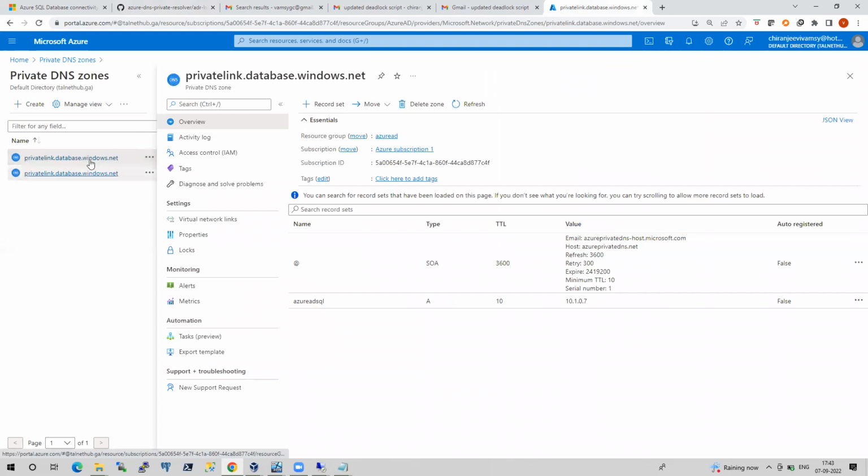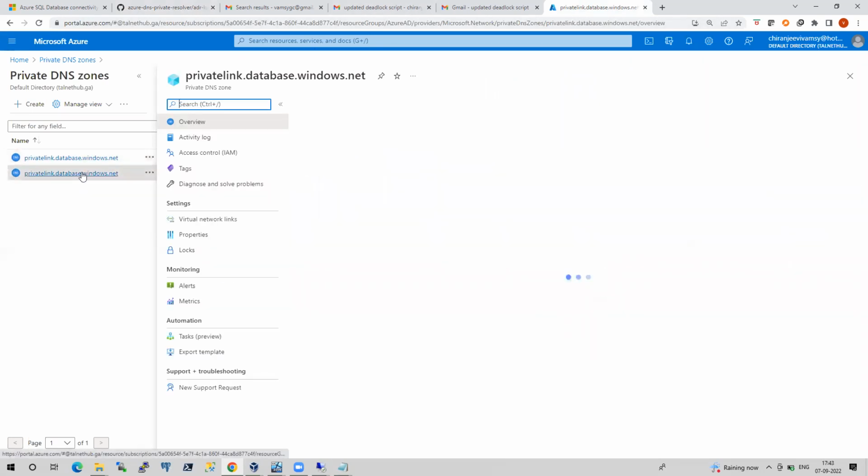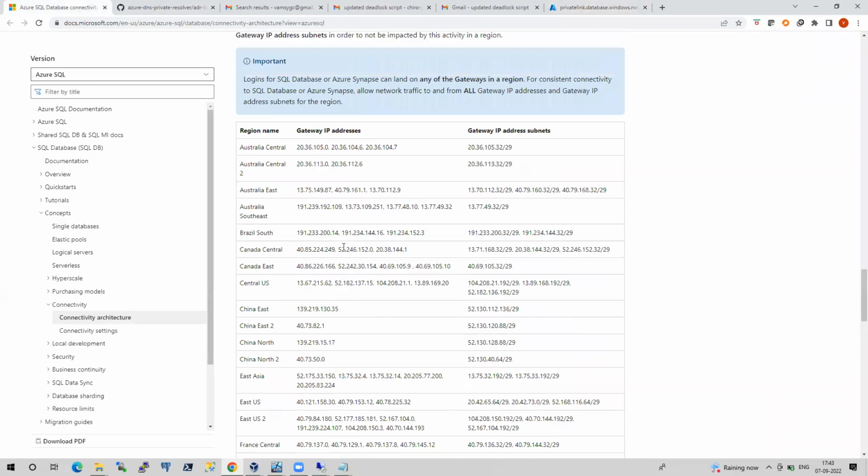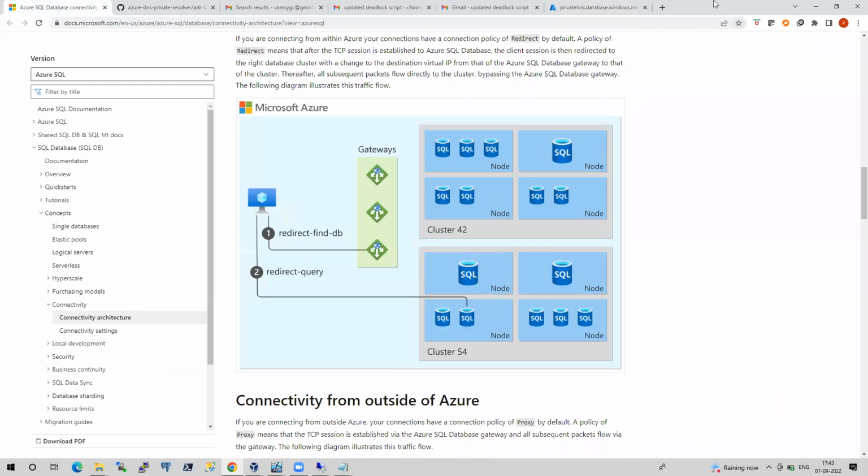Yeah, I created this too. Once you create that, you will get these entries automatically. Okay, and both the names are same. Yes, it will be same. Private link dot database dot windows.net. That is the name. You cannot change this because if you go to the official page of Microsoft,